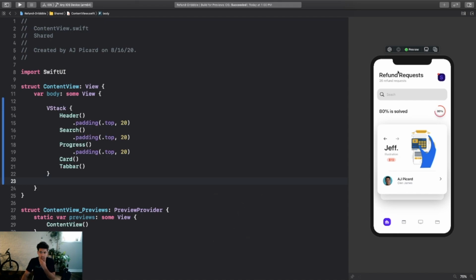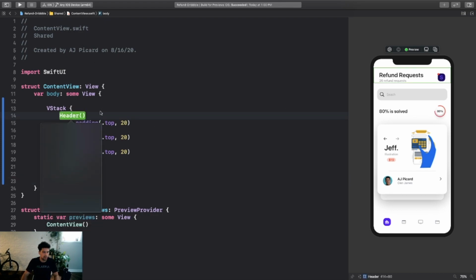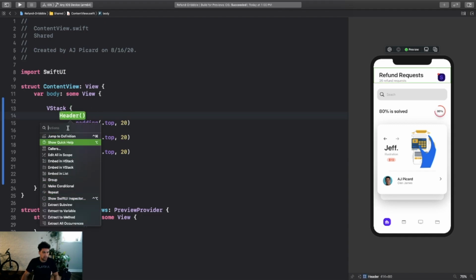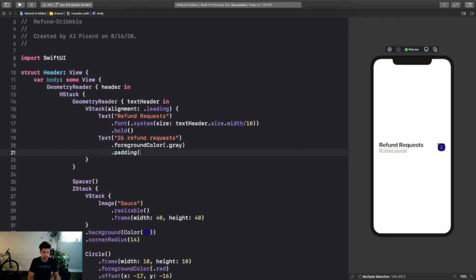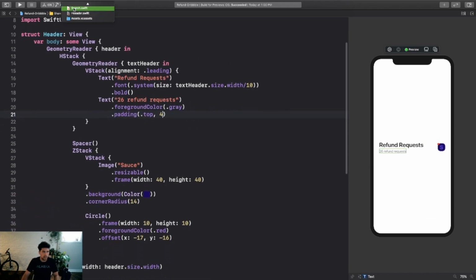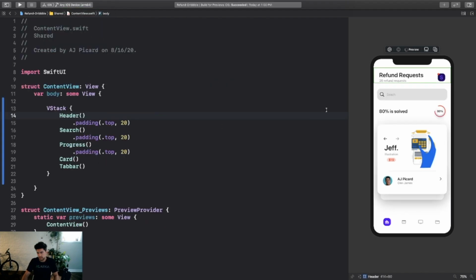I hope you enjoyed this episode. I tried my best. I'm still learning. I hope you learned a lot. As you can see, this geometry reader can be super helpful, and it can make things very responsive on all devices, but it can be challenging to work with as well. But as you can see, I tried my best. Unfortunately, this should be in this card here, but hey, we got pretty close, and I didn't use the same illustration. I wish I could have, but